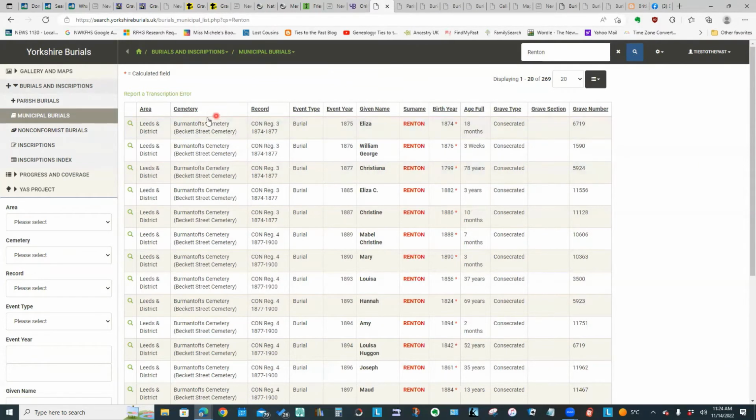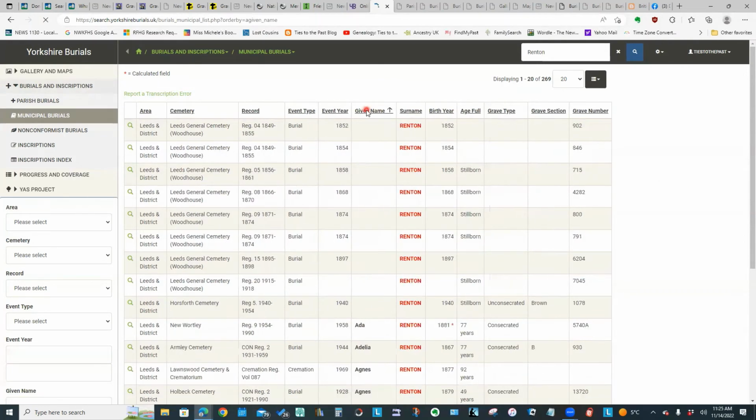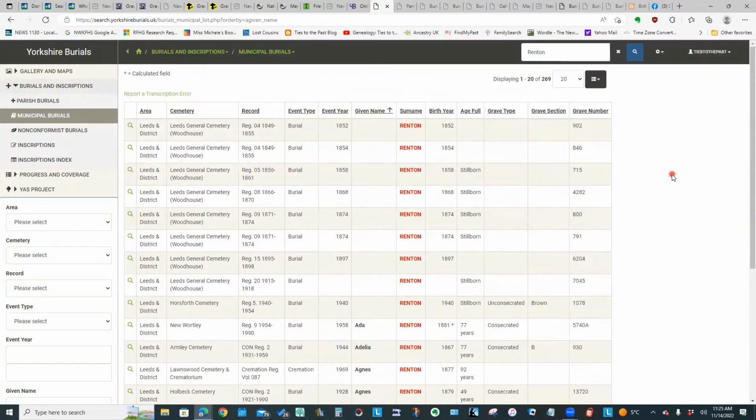And the nice thing is all of these headings are clickable links that allow you to sort the data by that criteria. So for instance, I could sort everything by birth year. I could sort by first name. So you can only sort by one category at a time.